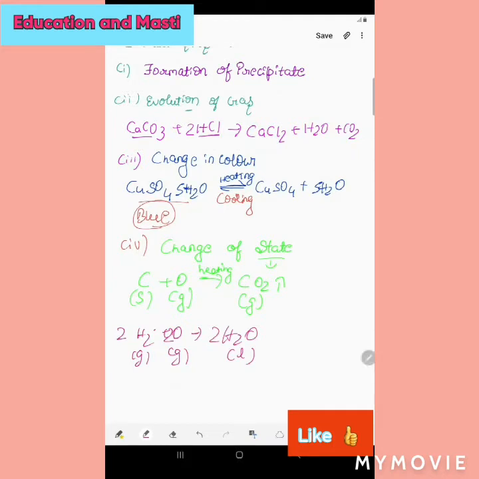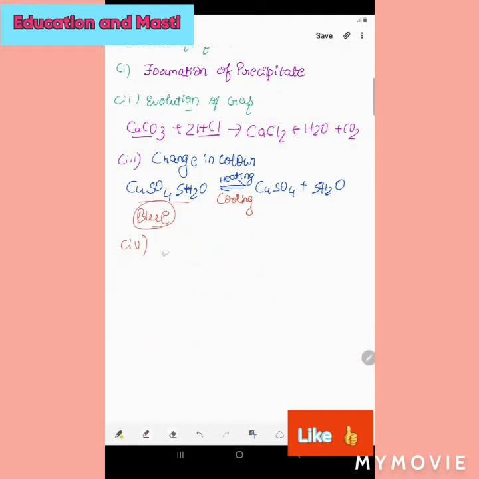You can see here H2. Yeah, let's start with the change of state. So let's first deal with what this actually is. Change of state, as we can understand by the name, is when there is a change in state, like when liquid is changing to gas, gas to liquid. Then we call it the change of state in chemical reactions. There are many chemical reactions in which the change of state happens. So this is very normal.